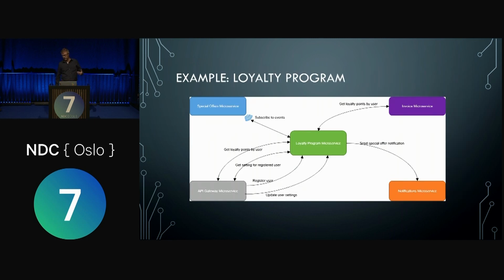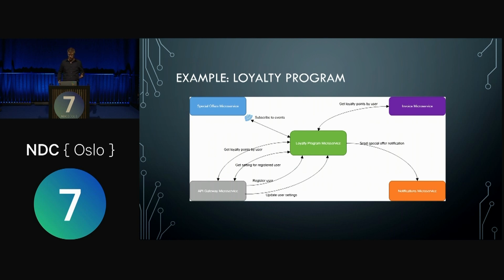Okay, so making it a bit more concrete and having a bit of an example of what a microservice might do, because I think that impacts the testing effort quite a lot. We can think about a loyalty program. So whatever chain of stores you might be able to think about. You can have an app or a plastic card, and then every time you buy something, you get loyalty points, and then they try to make you buy even more or stuff like that.